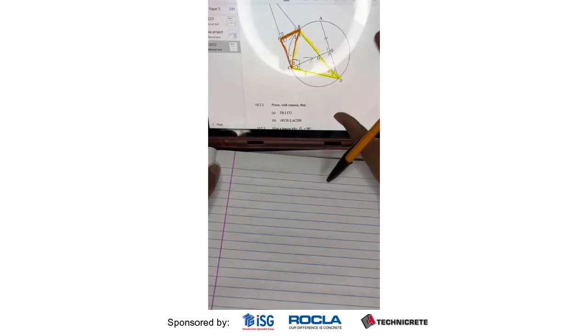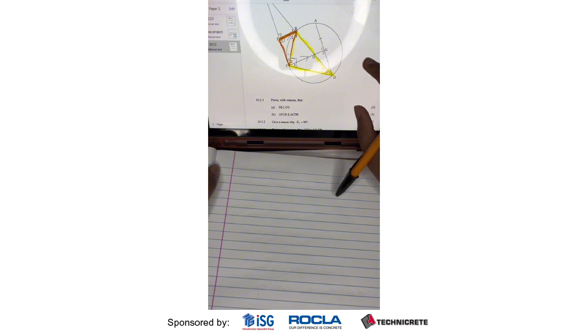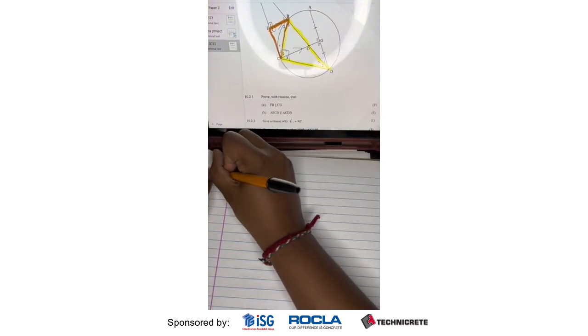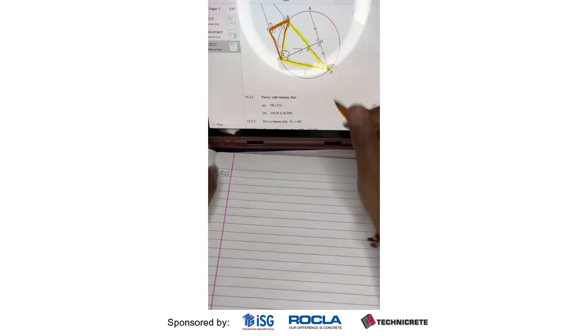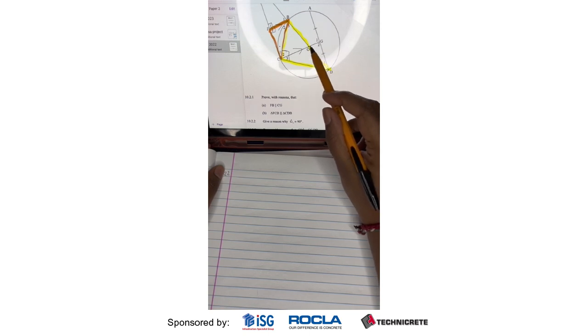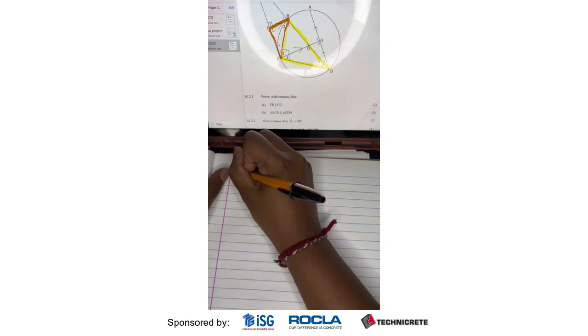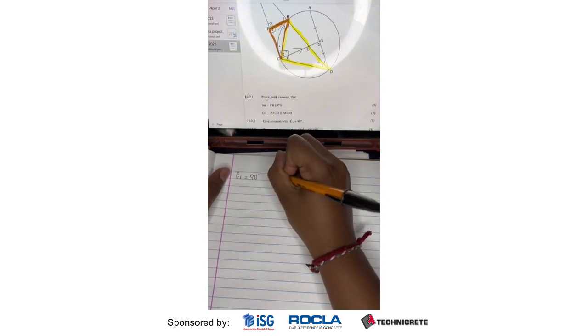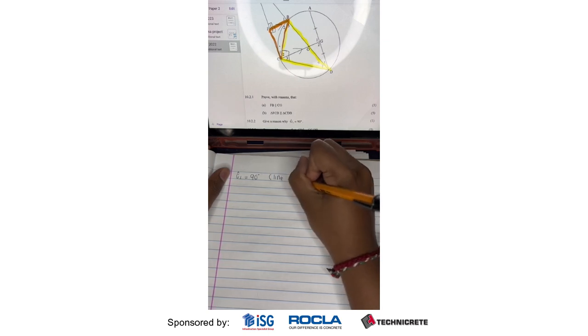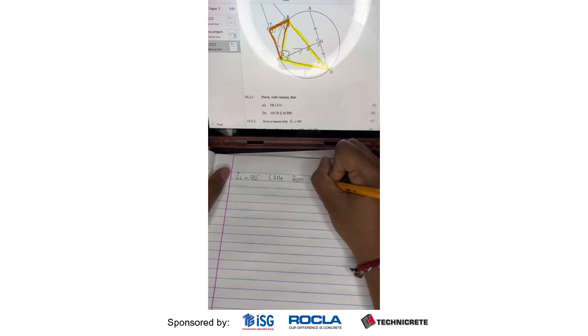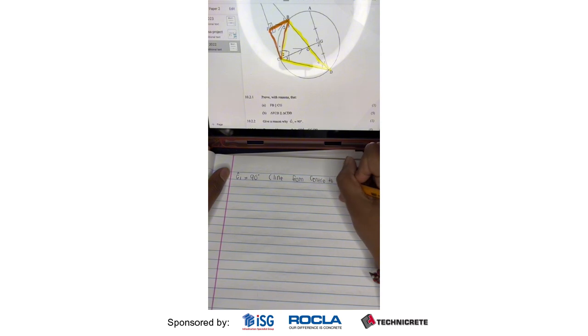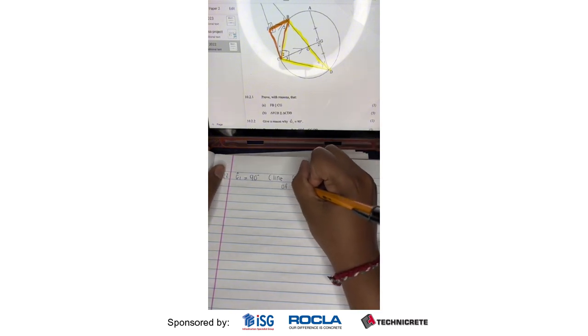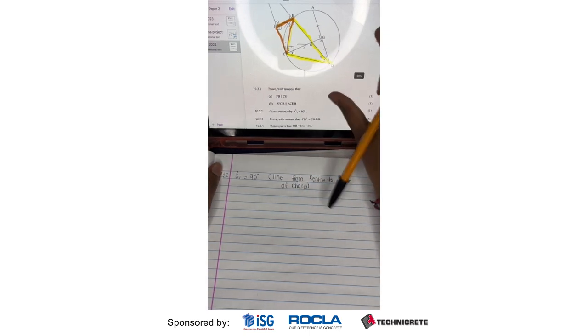10.2.2 says give a reason why G1 is equal to 90 degrees. Only one mark. G1 is equal to 90. Here we've got the line coming from the center to G1. And what reason or theorem or law do you know that would prove that to us? It's going to be line from center to the midpoint of a chord. Okay, the next one